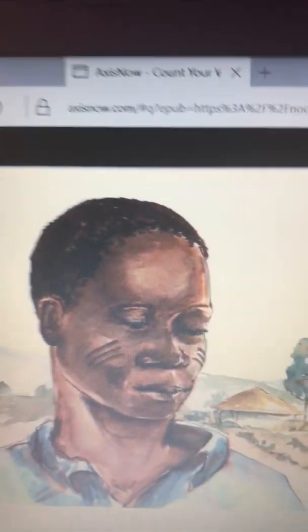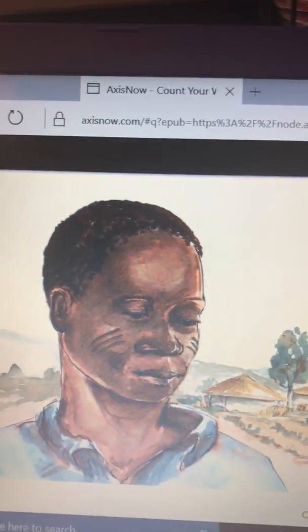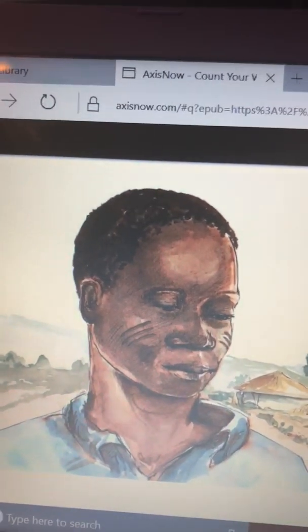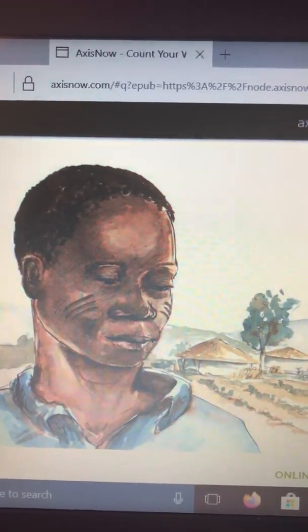6. There are 6 scars on a man's face. These marks show his family group. They are a result of cuts made on the face during a ceremony that admitted him into